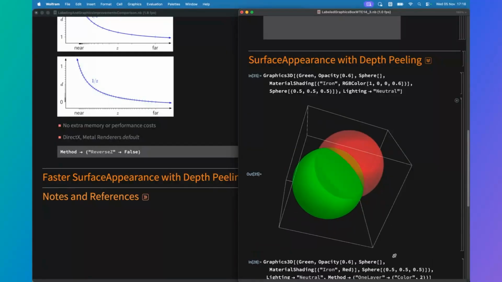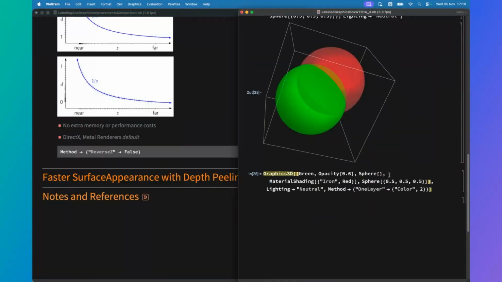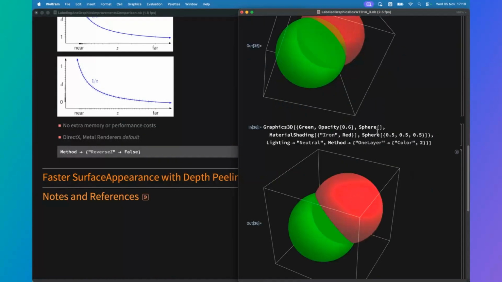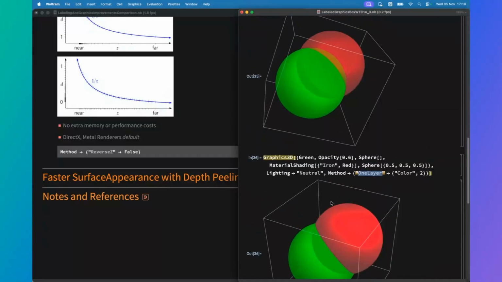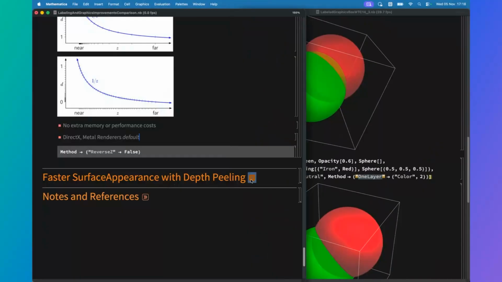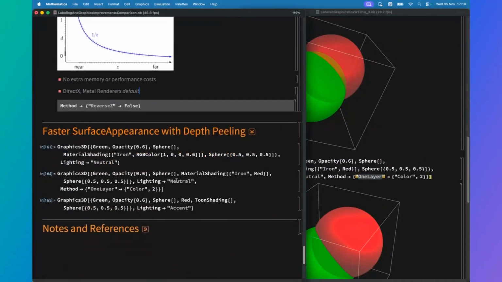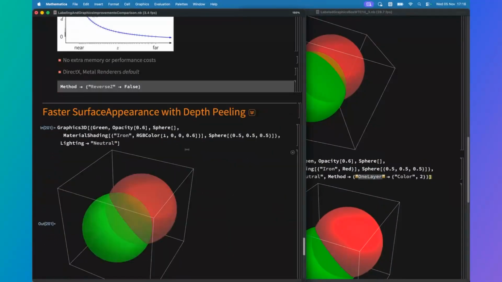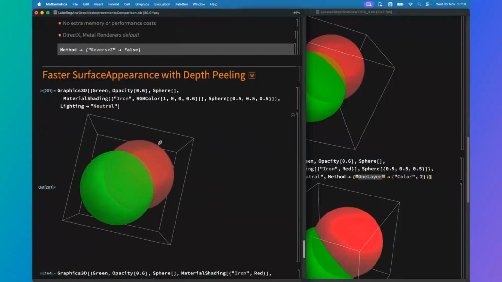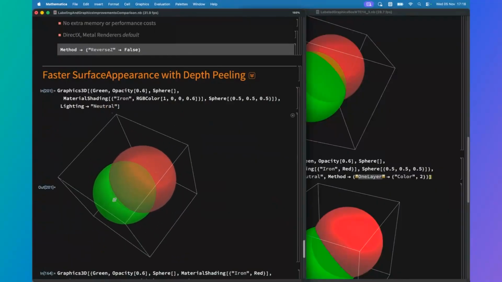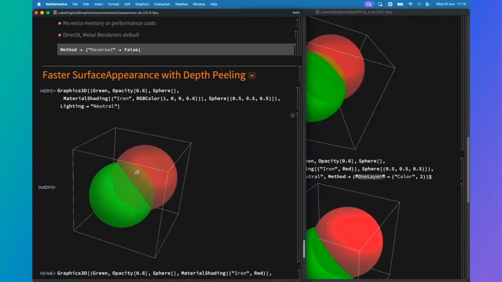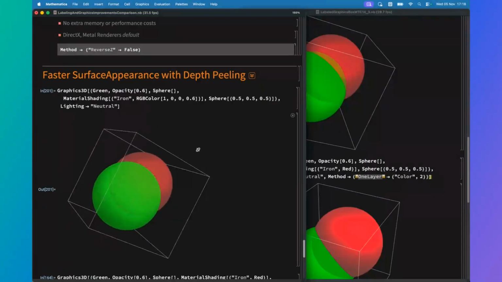We also, if we want to use the different depth peeling method options, such as one layer, if you wanted to see the second depth layer, the color values or the depth values, that hasn't worked in the past. But we've now made surface appearance work with depth peeling. So now if we render that and we rotate this, it's fully interactive. You can see this is over 30 frames a second, and